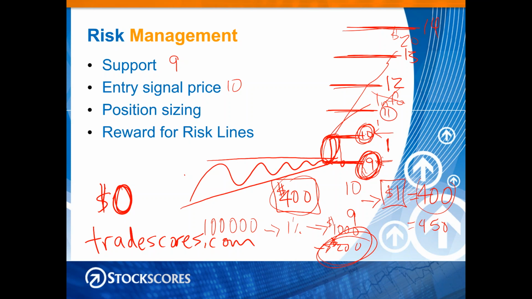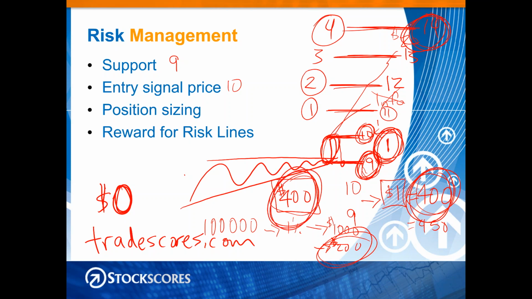So in terms of risk-reward lines, this is a 1 RR line, this is a 2 RR line, 3, 4. What that means is that this is a reward for risk of 4. At $14, I am making $4 a share for having risked $1 a share. If I bought 400 shares for $400 worth of risk, then up here at $14, I'm making 4 times 400. I'm making $1,600 in profit on that trade.